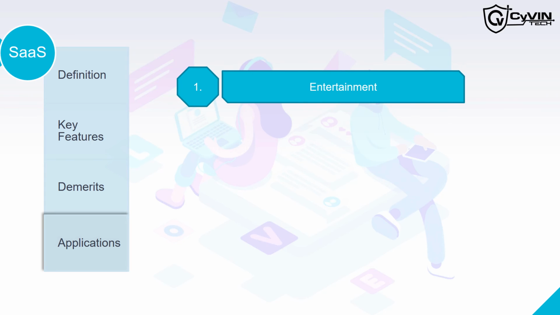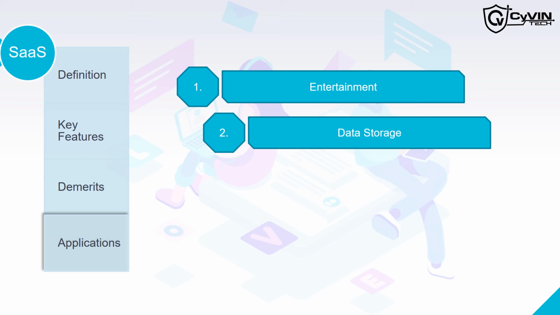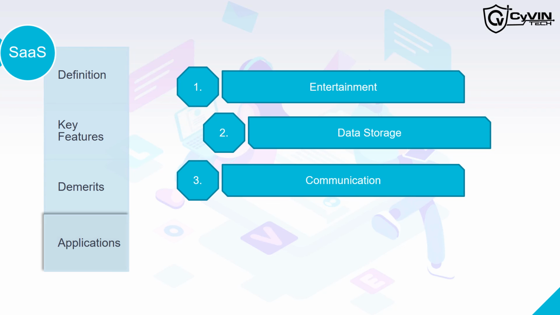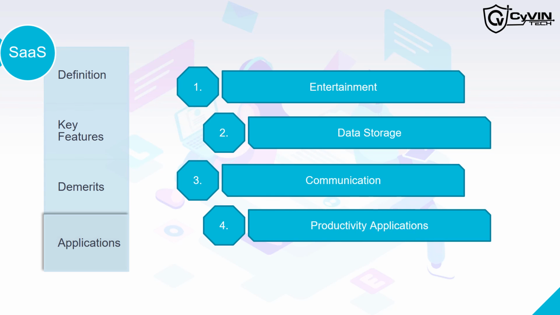In entertainment, it includes the streaming services, gaming platforms, etc. The most common usage of software as a service is storing data online for backup. The instant messaging apps, video calling apps, etc. are categorized in communication, which uses SaaS. In productivity applications like Microsoft Office 365 and Google's G Suite, the service model does not restrict till here.